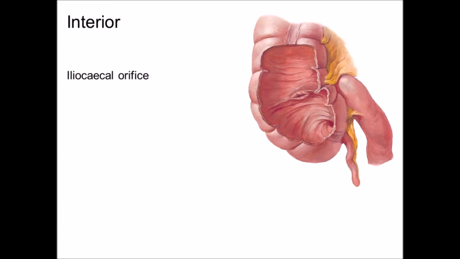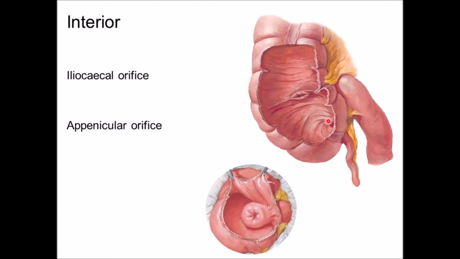Internally, two openings can be seen. One is the opening of the terminal portion of ileum forming the ileocecal orifice. It lies at the point of intersection between transtubercular and right midclavicular plane. This orifice presents two lips, upper lip and lower lip. Both the lips, they join to form one fold on either side, that is known as frenula.